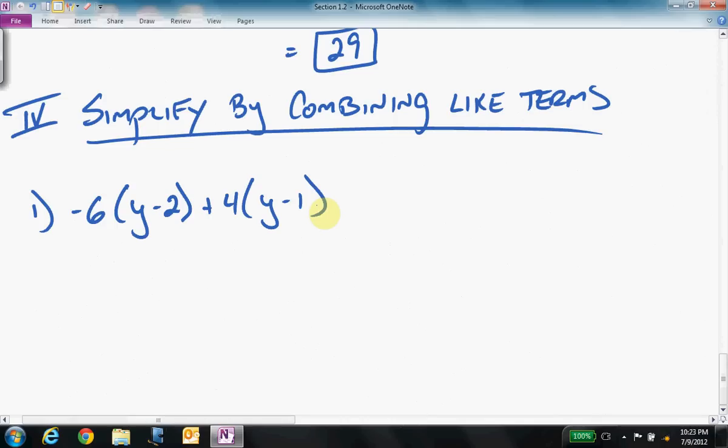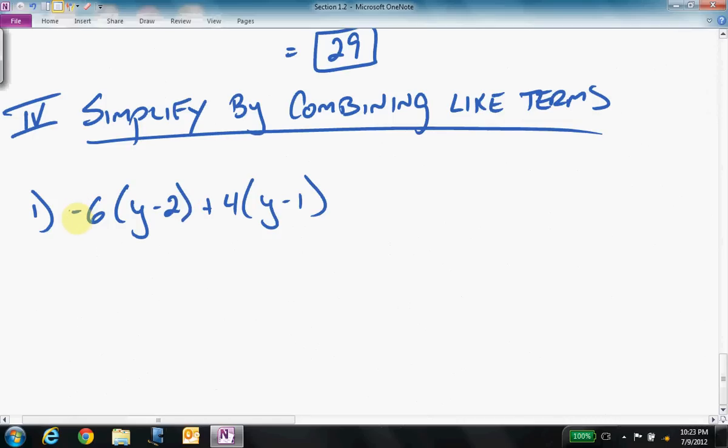So if you're thinking order of operations, great, we do have parentheses. But once we have a variable in our parentheses, there may not be any simplification. And in this case, we can't simplify either of these. You can't combine y and -2. So y minus 2 stays the same, y minus 1 stays the same. So the first thing which we're going to do is work on our